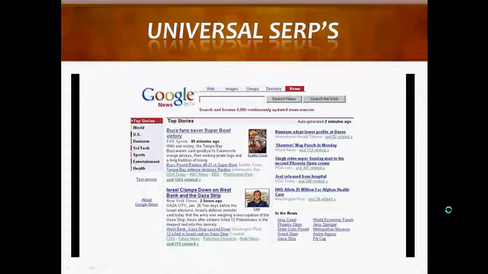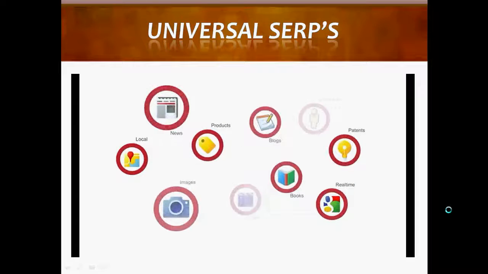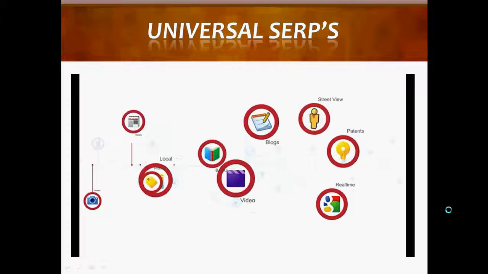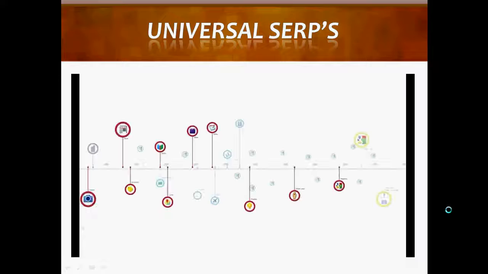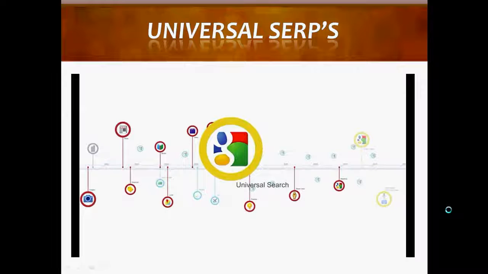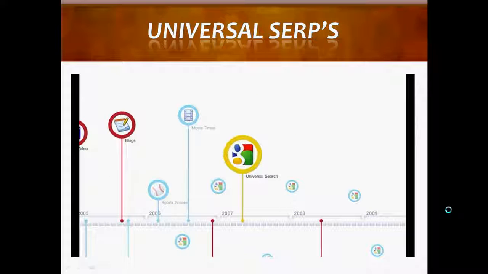Well, in 2002, one of the trends we started to see was that the web had become a lot more rich. More images, more video, different kinds of content. And we started to realize that our users expected Google to be able to find something if it existed on the web. They didn't care if it was text or a web page or news. They wanted it all in one place. And so we came up with this notion of universal search. The idea that you could just go to Google and no matter what type of content it was, we could find it. One of the challenges that came up in universal search is that we were really comparing apples and